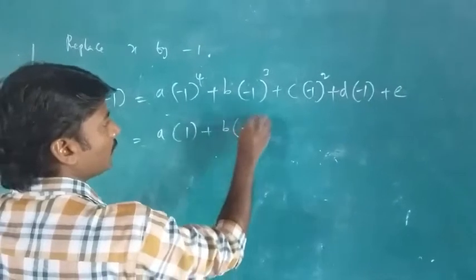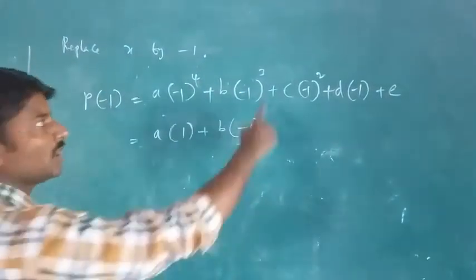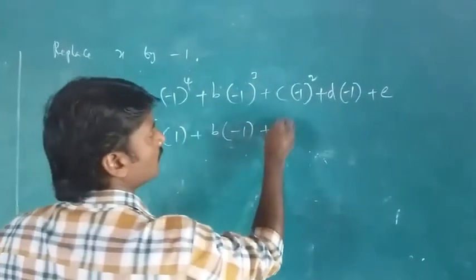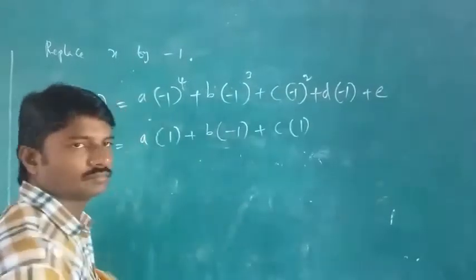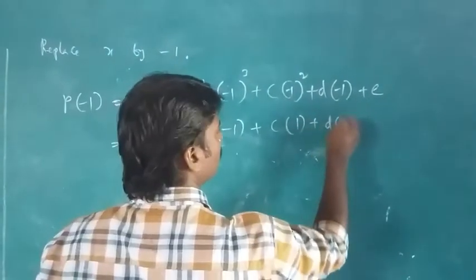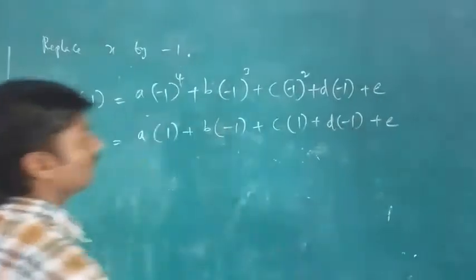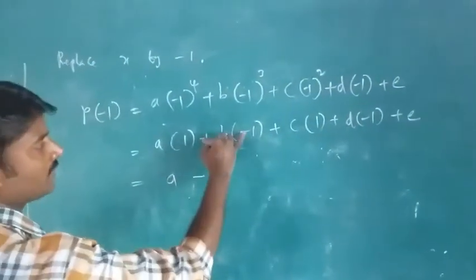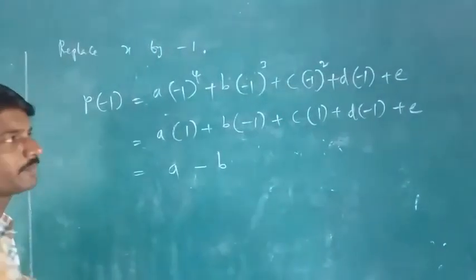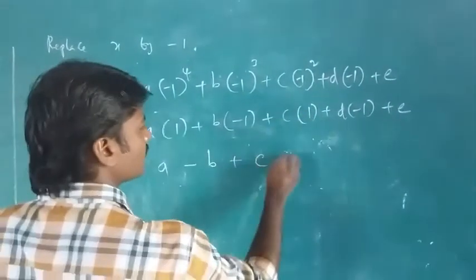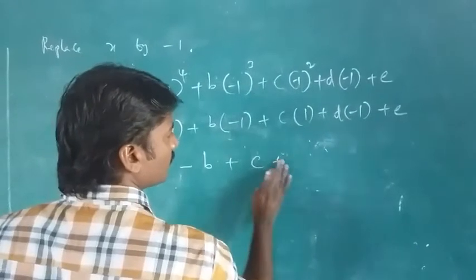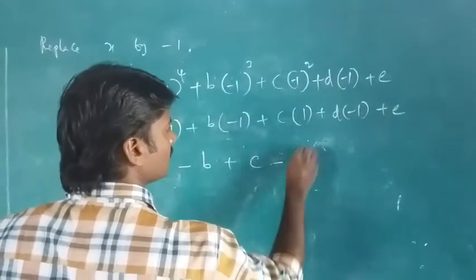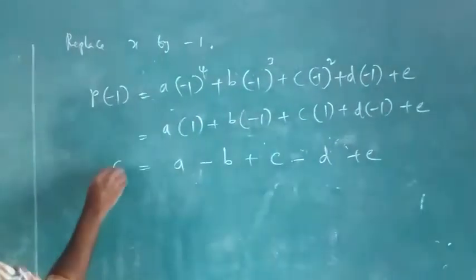This is not plus 1 because it is minus 1. Odd powers are there, so you will get plus 1 only. D into minus 1, as we said over here. Next time we multiply: A into 1 is A, very good. Plus into minus is minus, B into 1 is B. Plus C into 1 is C. D plus into minus, D into 1 is D. Plus E is equal to 0.